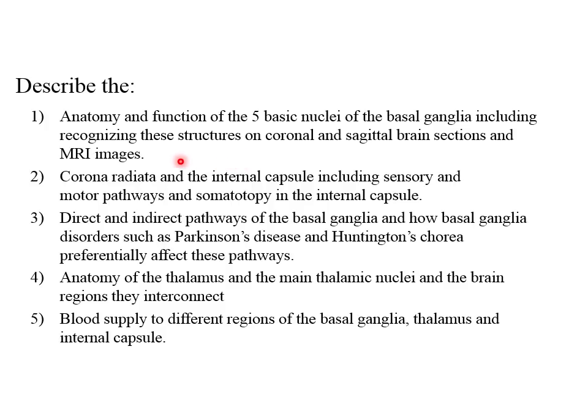We'll also look at the corona radiata and the internal capsule, which include major sensory and motor pathways, and look at the somatotopy in the internal capsule. We'll look at the direct and indirect pathways of the basal ganglia and how basal ganglia disorders, such as Parkinson's disease and Huntington's chorea, affect these pathways in selective ways. And then we'll look at the anatomy of the thalamus and the main thalamic nuclei and the brain regions that they connect. Finally, we'll look at the blood supply to the different regions of the basal ganglia, thalamus, and internal